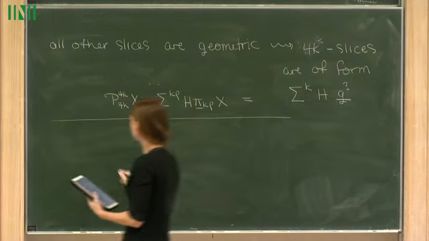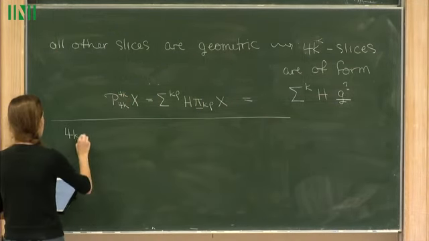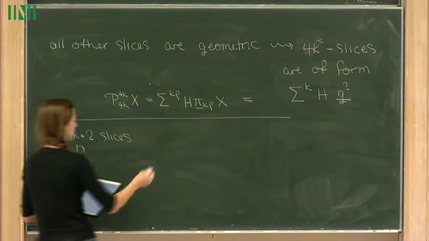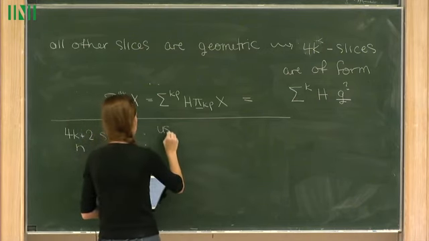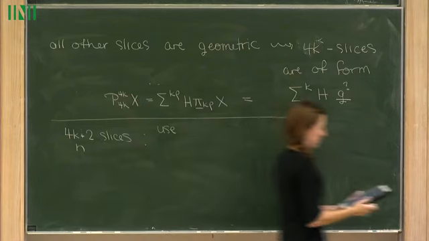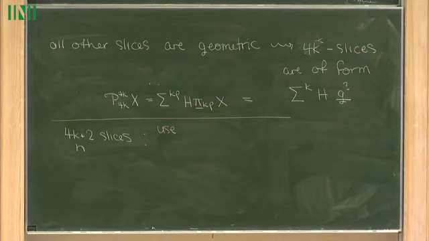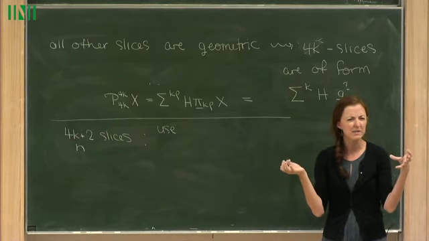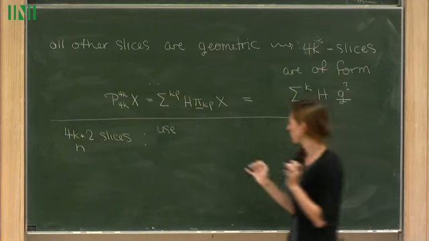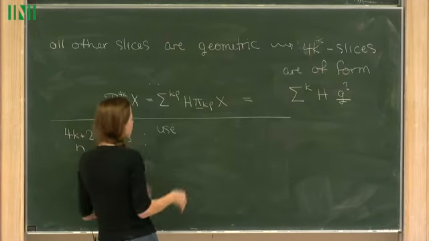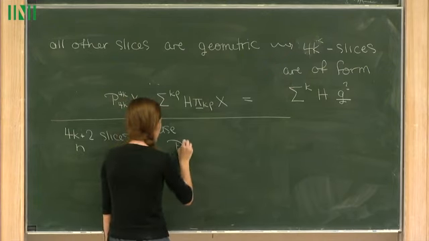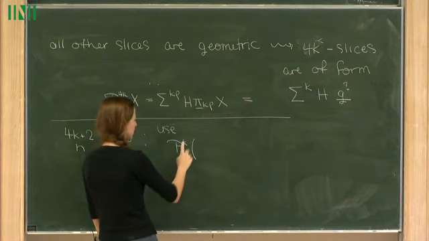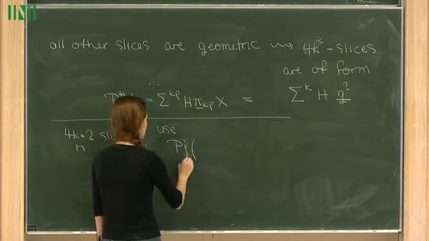So maybe I'll just say here, 4k plus 2 slices, or n slices. We would use a fact that suspending with rho is great and it tells us the whole story, but it actually also tells us a little bit more information just in certain integer suspensions. So in fact, if I wanted a slice, oh, I should use i, huh? If I wanted the i slice